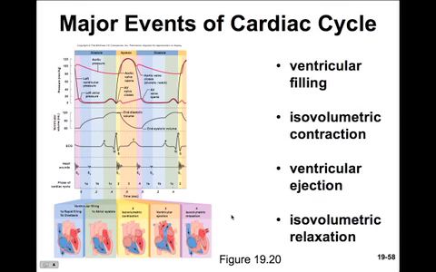So now would be a great time to dig into this figure and see if you can piece together all the events of the cardiac cycle. You can almost use this figure as a base for your diagram. I know, it's a lot of stuff to sort out. By investigating the top pressure trace here, you can start to understand what causes the valves to open and close. By looking at the ventricular volumes, you can begin to understand the terminology of end diastolic volume and end systolic volume. By checking out the ECG trace,